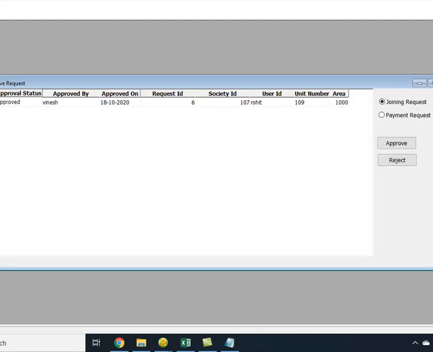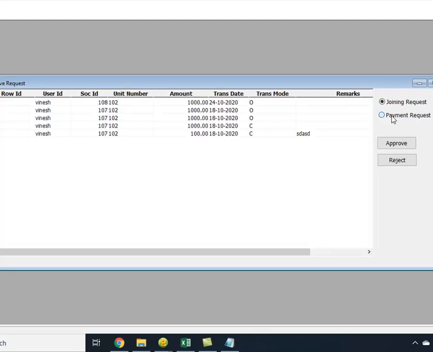See, whatever I did, I did at this window level, for one column or two columns. But suppose I want to give this control in the user's hand. What does it mean, in the user's hand? Anuj is working, Vishal is also a user, and Amit is also a user.